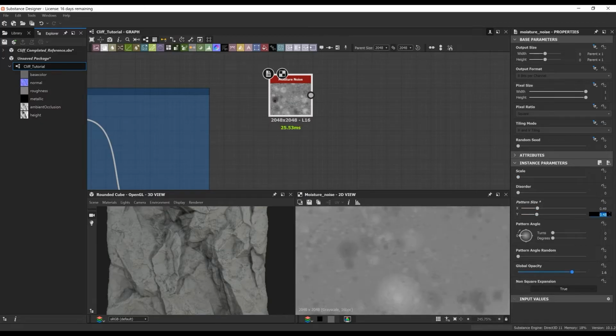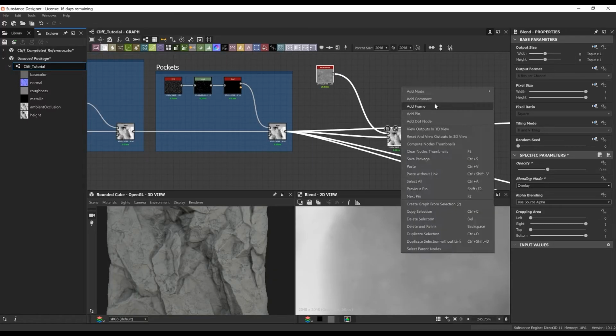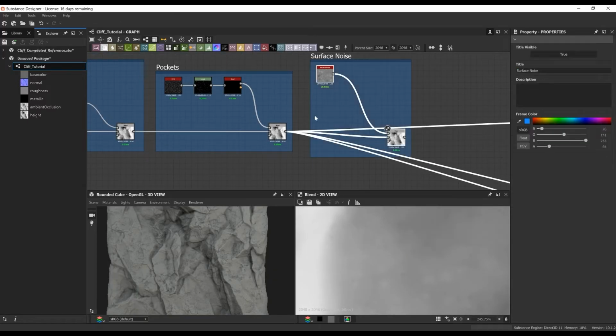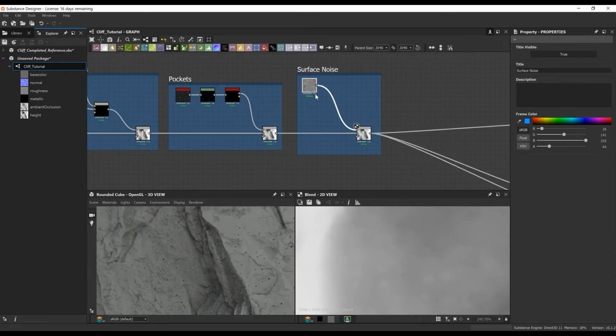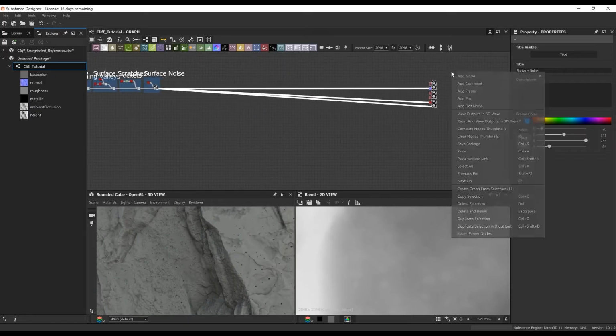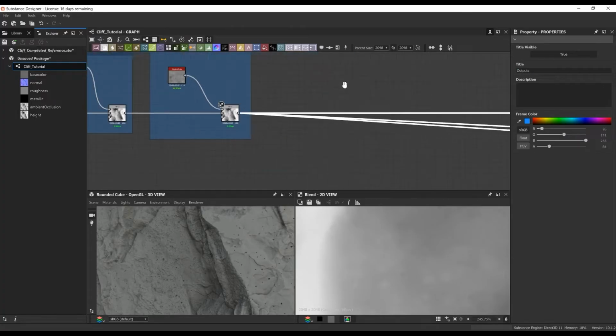Next up, this is going to be the last surface noise that I use as we start going into our moss layers. Here is where I add the final surface noise. It's just an overall noise. You can feel free to use whichever one in Substance. I know there's a bunch, but personally I love using moisture noise. I feel like it gives me a lot of control, and there are a lot of cool settings you can tweak on it.